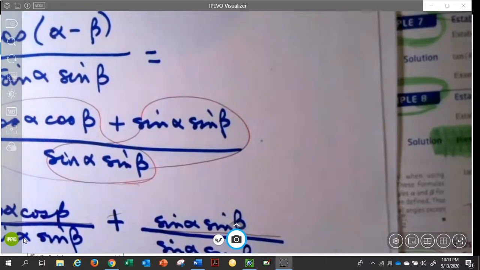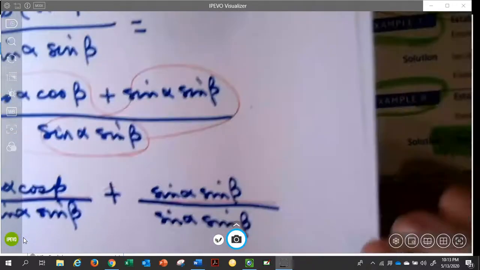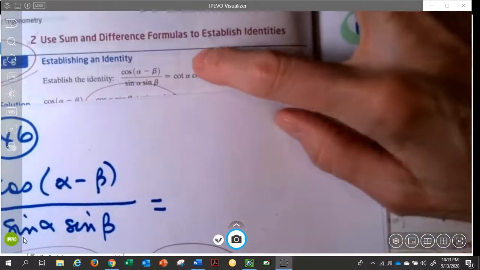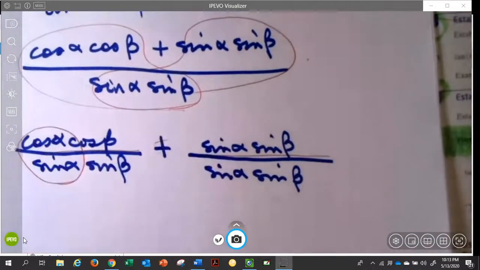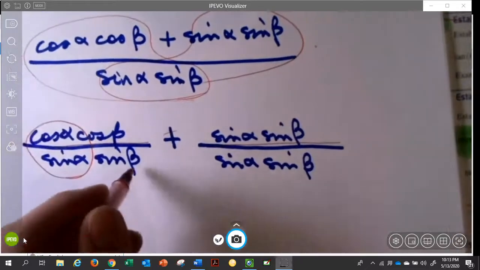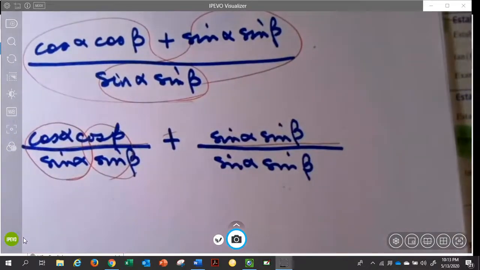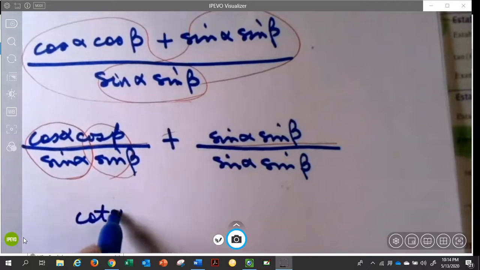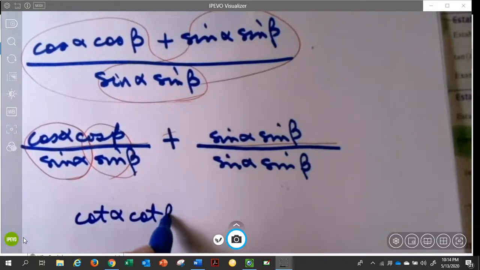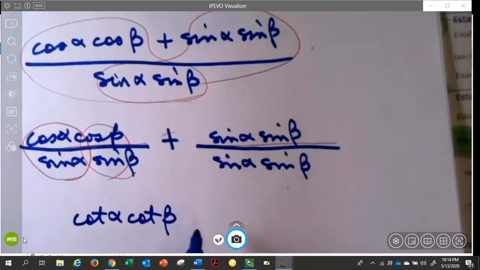And this is a great time to ask yourself, where am I? Where am I going? We need a cotangent. Well, looky here. Do you know that cosine over sine happens to be cotangent? And cosine over sine of the same angle happens to be cotangent. So from right here, we can say we have a cotangent of alpha and a cotangent of beta multiplied together,